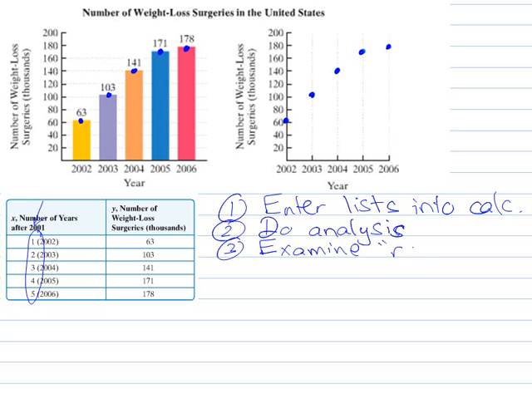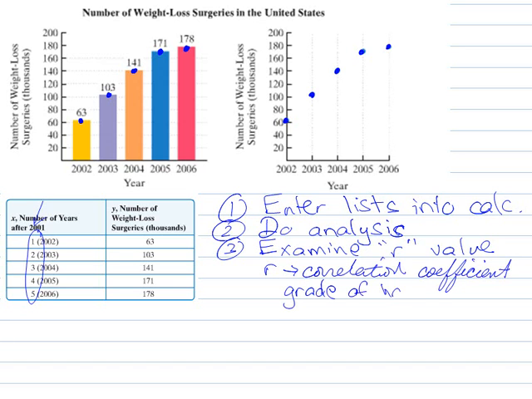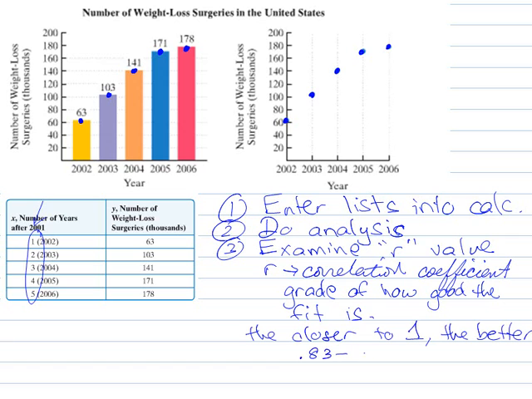the R value. The R value is called your correlation coefficient. The idea is it's basically a grade of how good the estimate is, how good the fit is. The closer to 1, the better. Usually they'll range from like 0.83 to 0.999. Just because you get a 0.85, that's not good. An 85% in this case isn't good. You really want to be in the 90s, hopefully over 0.95, to get a good fit